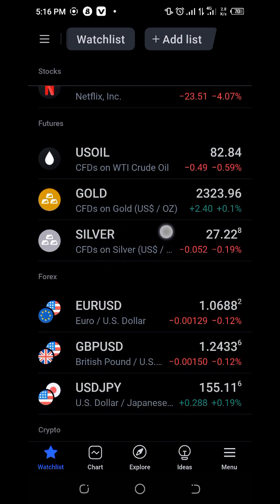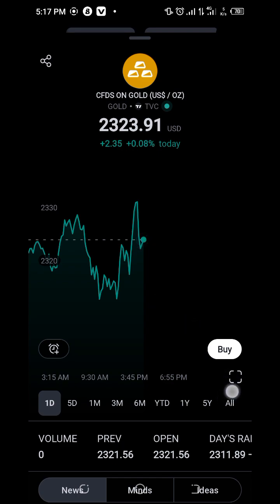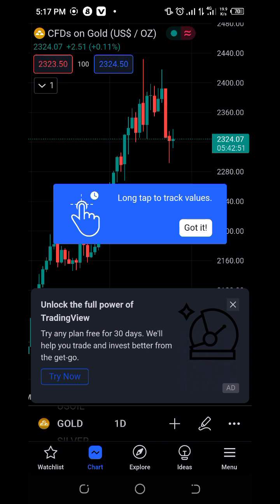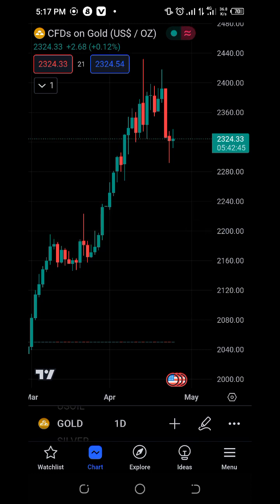So I wish to work with gold. So let's say gold. What I simply do is that I tap gold, then I click on this part. So you see I've been able to launch the chart, and this is what it is showing me. Okay, now if I didn't want to go through this process, let me go back to